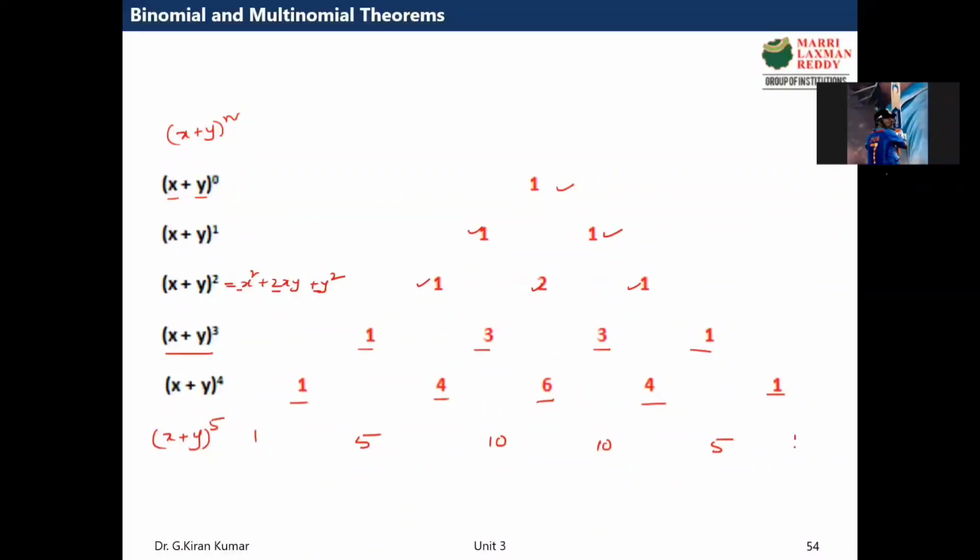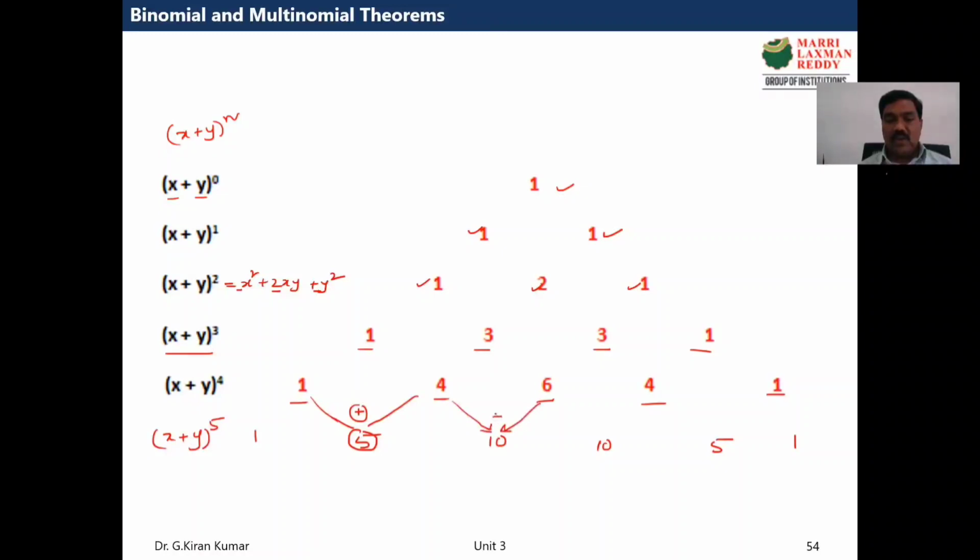You know that each value is generated by taking the sum of the two values above it. Am I right? Similarly, this value is obtained, as you would have heard in school days, by taking the sum of these two values. So we can call this triangle, what do you call it? Pascal's triangle. Pascal is once again the name of the person who gave this concept, right?